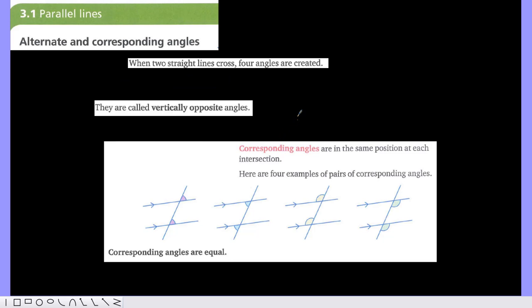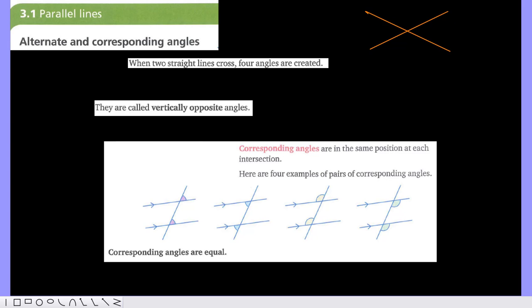Hi dear students, we are starting a new chapter, Shapes and Geometric Reasoning, and the first video is about parallel lines. Before starting parallel lines, I want to remind you about something. Firstly, if we draw two lines which are intersecting each other,